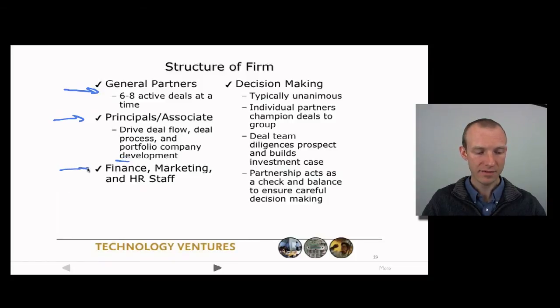There might be some staff that helps with finance, marketing, human resources. And then the decision-making process also can vary from one VC firm to the next, but typically the partners would get together and have some kind of voting process or perhaps a unanimous decision-making process. Individual partners would champion a deal that they want to invest in to the rest of the group, and the deal team, so the partner and the principals or associates who are working on this deal, would do the background due diligence and research to build the case for investing in this particular startup. And then the rest of the